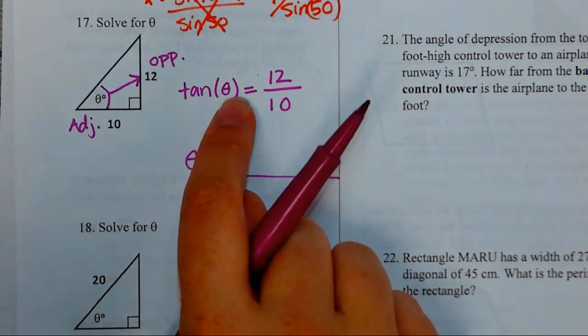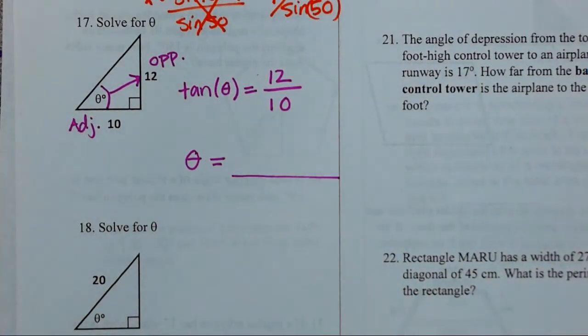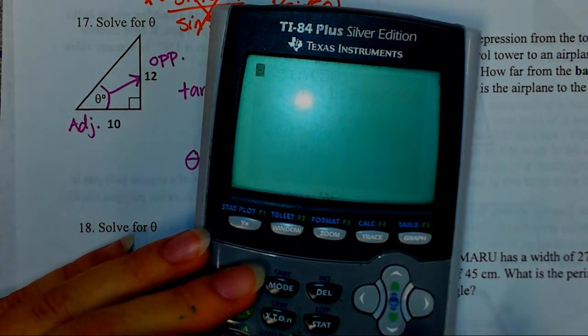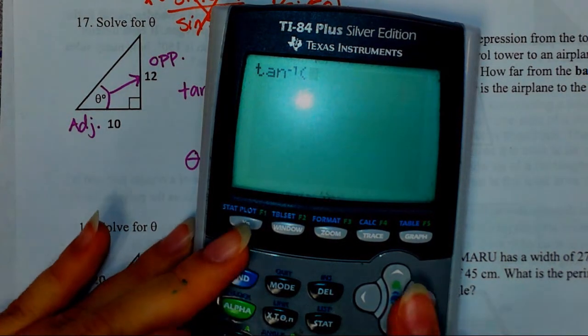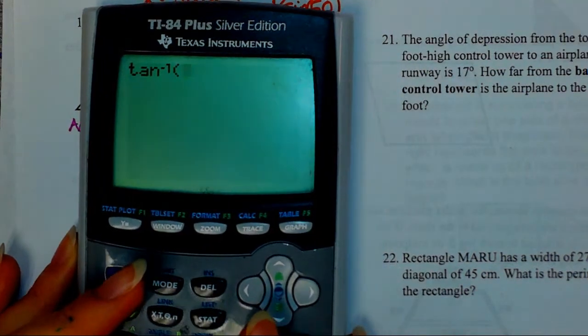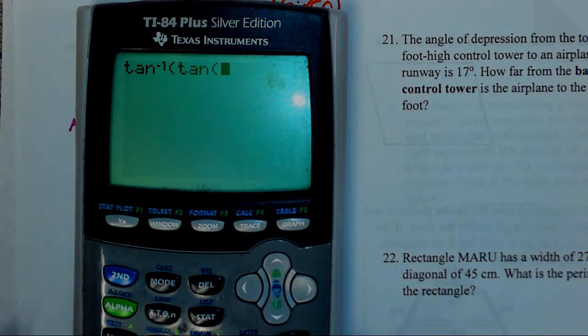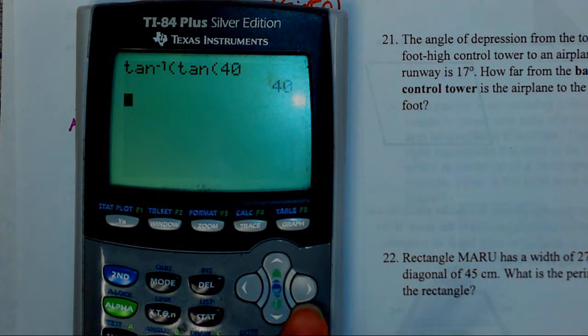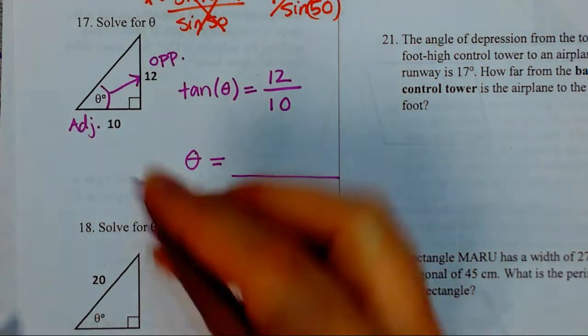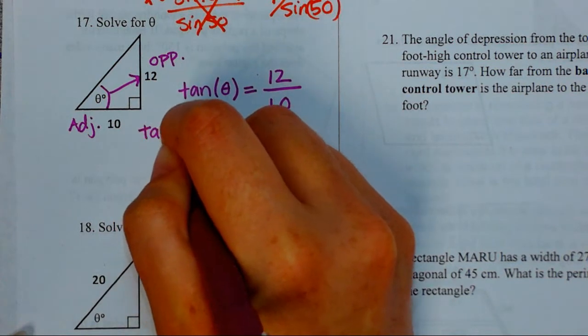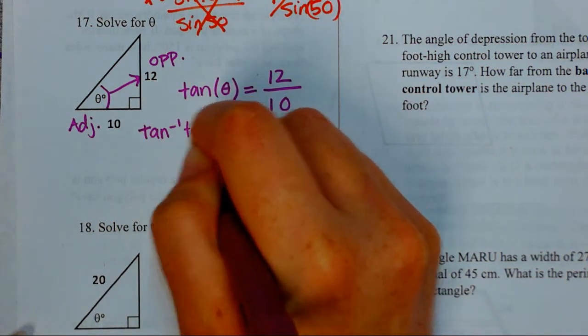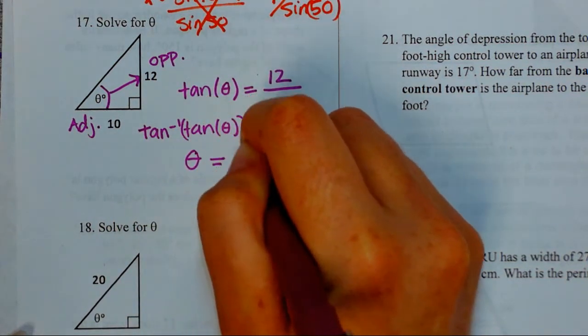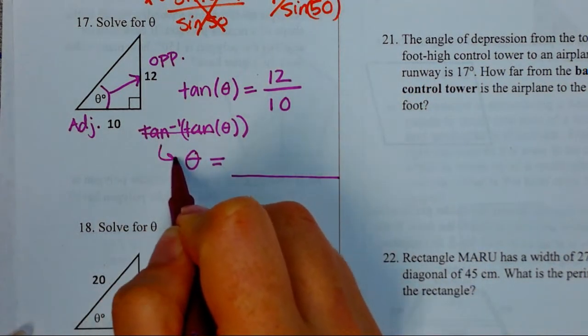So the opposite operation of tangent is tangent inverse. I'll prove it to you here just for a second. So like if I did tangent inverse of tan of 40, you get 40. The tan inverse cancels the tan. So in the same way, if you do tan inverse of tan of theta, these cancel and you're left with